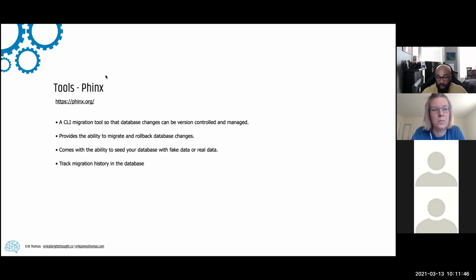All I have to do is write it out in code and then it manages it. So if I have other developers, especially, and they're doing local development, all they have to do is pull down the latest repo, run a line of code, and then it will automatically make the new tables for them. The nice thing about this is if you mess up, it has a rollback feature where I can just go back, undo the table that just got created, fix whatever I messed up, and then migrate it again.